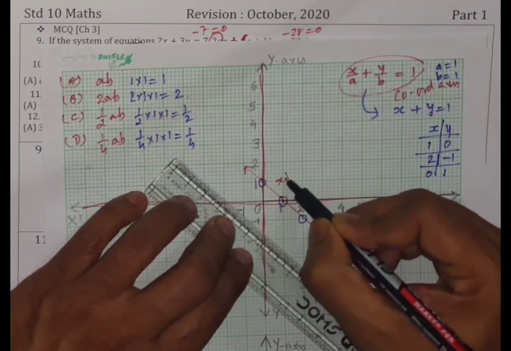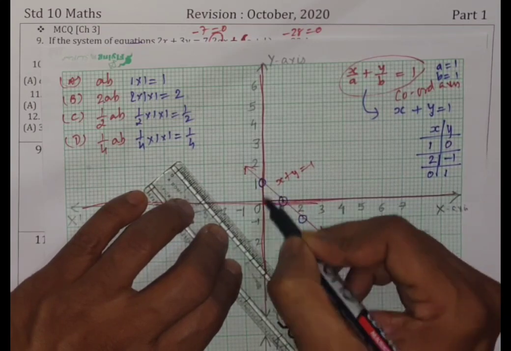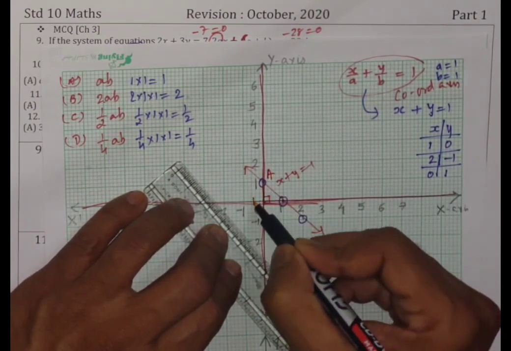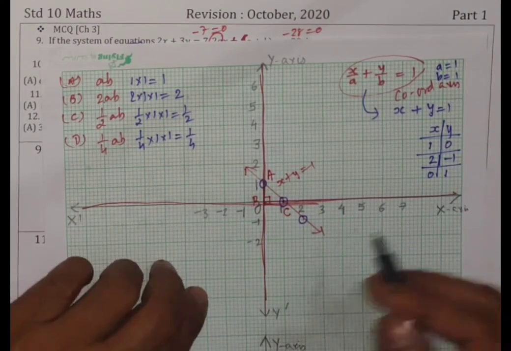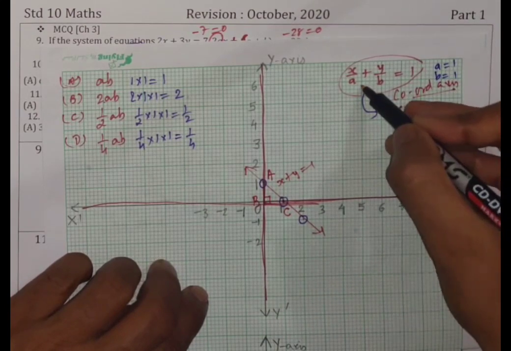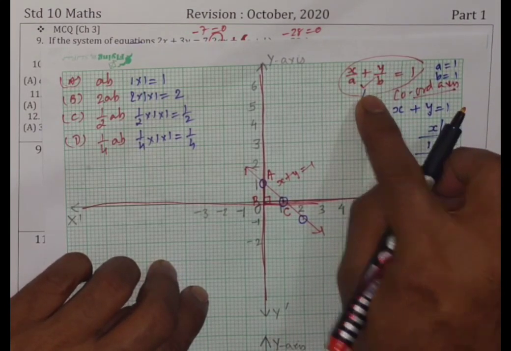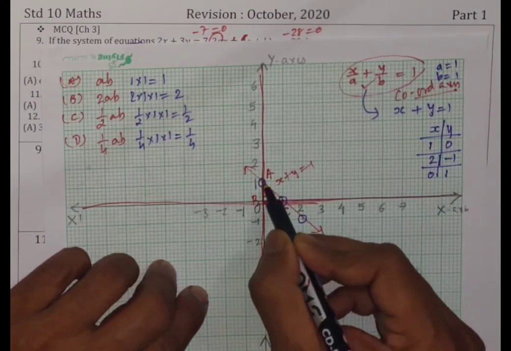This represents x plus y is equal to 1. This is x axis and this is y axis. You can see one right triangle. Let's say this is A, this is B, and this is C. So right triangle ABC is formed by the two coordinate axes and the line of this linear equation in two variables, where a equal to 1 and b equal to 1. Children, this is a right triangle.